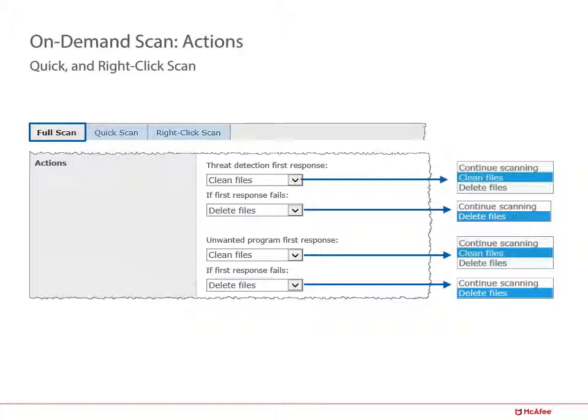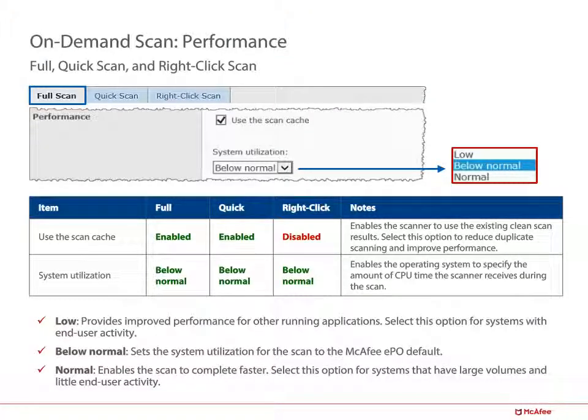You have the options for continue scanning, clean files, and delete files. The unwanted programs is a little bit different, because the only options for that are continue scanning, clean files, and delete files. The on-demand scan performance settings for our full scan, quick scan, and right-click scan is the fact that,